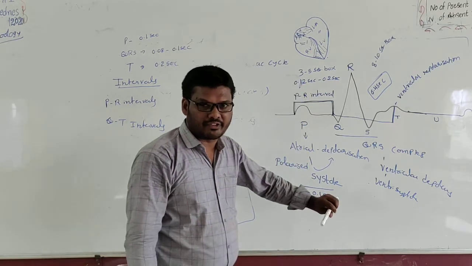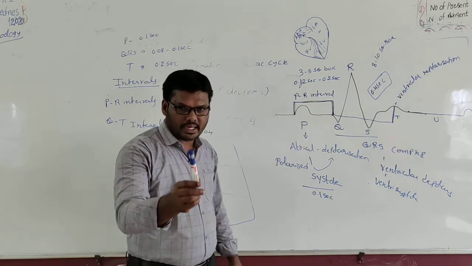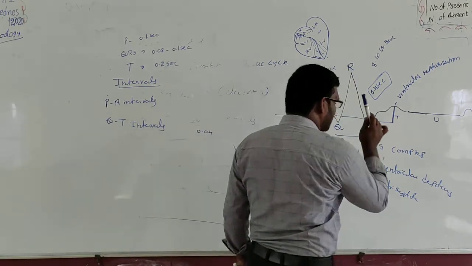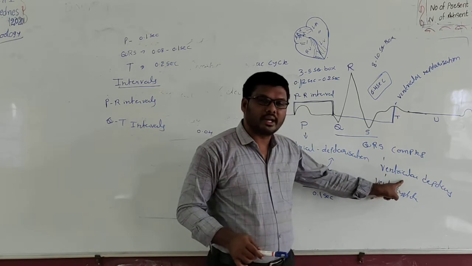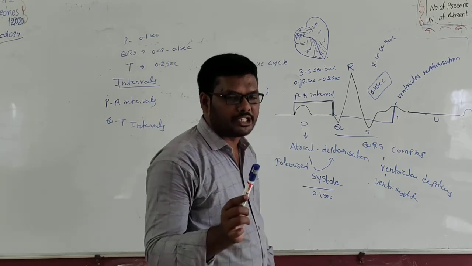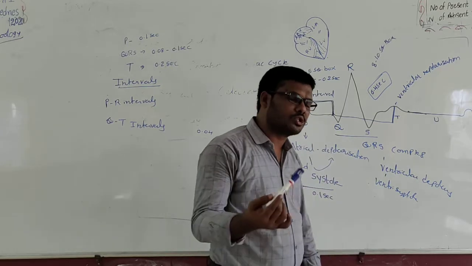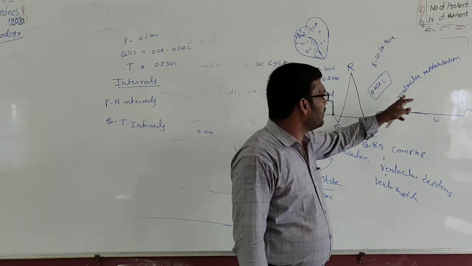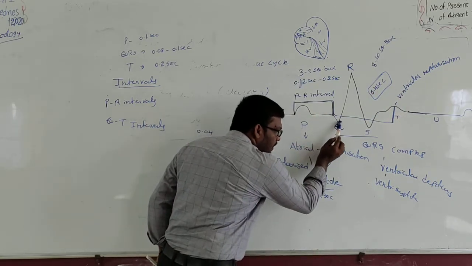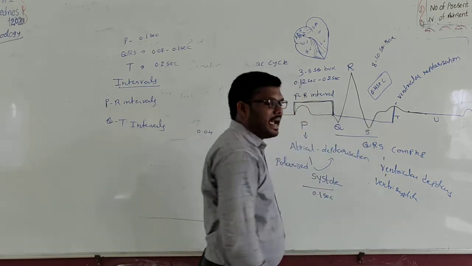Keep in mind these seconds are based upon the crossing of the square boxes. That is different, and this one is different. This is regarding the cardiograph. See here, P indicates what? Atrial systole, occupying 0.1 second. QRS complex indicates ventricular depolarization, that is called ventricular systole, occupying 0.08 to 0.1 second. And the T indicates repolarization, that also indicates diastole. It occupies 0.2 seconds. And if the wave comes down, that wave indicates the negative wave. This is one negative wave and this one is another negative wave.